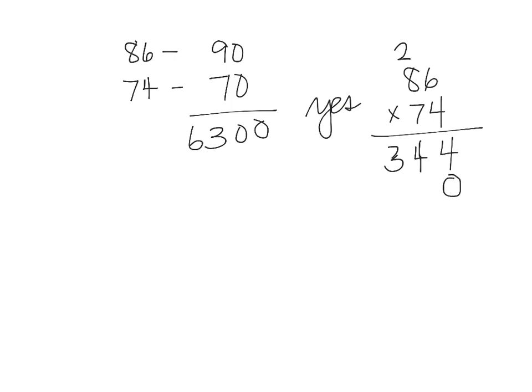Put in my place filler. 7 times 6 is 42. I'm going to cross that out just so I don't forget. 7 times 8 is 56, plus 4 is 60. Add these up. 4. 4 plus 2 is 6. 3 plus 0 is 3. And bring down my 6. So is 6,364 close to 6,300? Yes, it is. All right, so let's move on to our